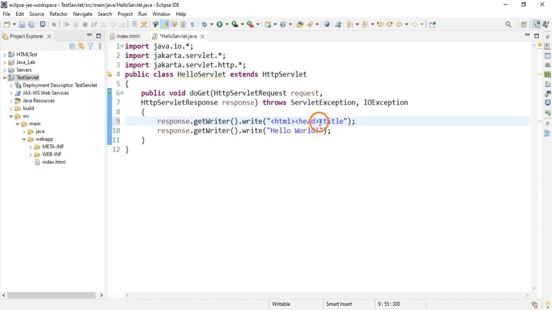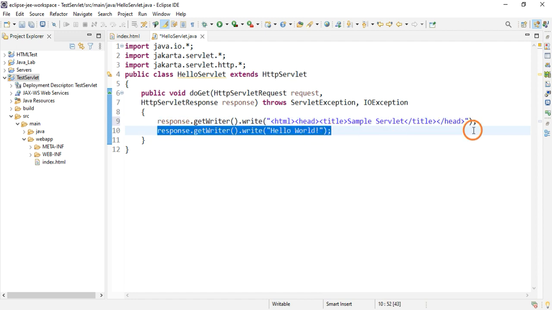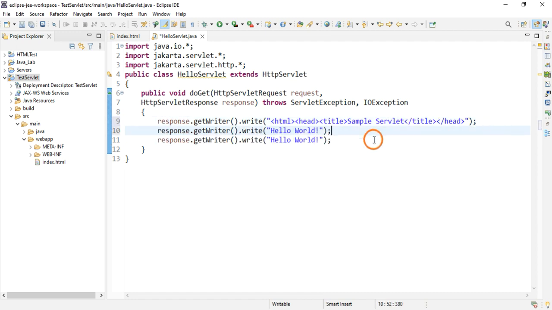Within the head we can have title tags. You can display something like sample servlet, close the title tag, close the head tag. Okay, now let's begin